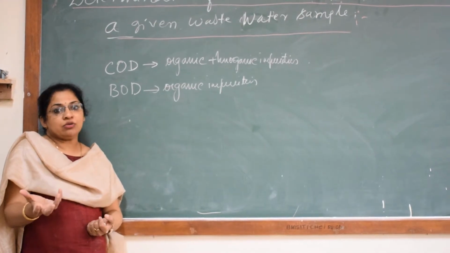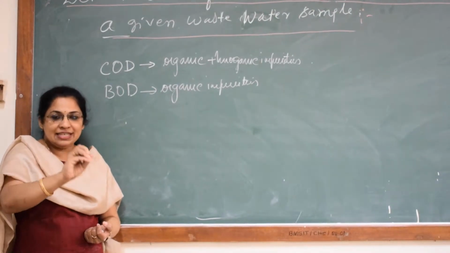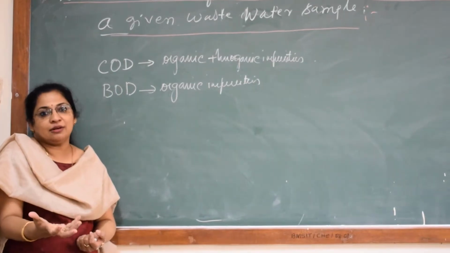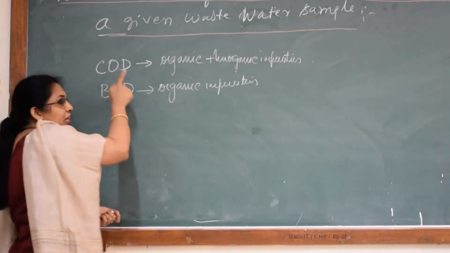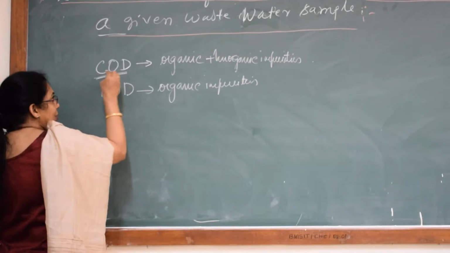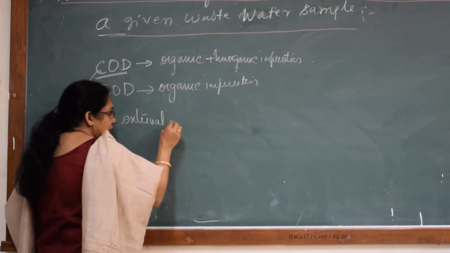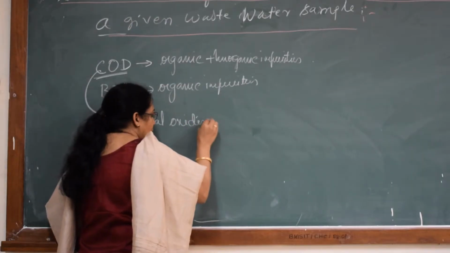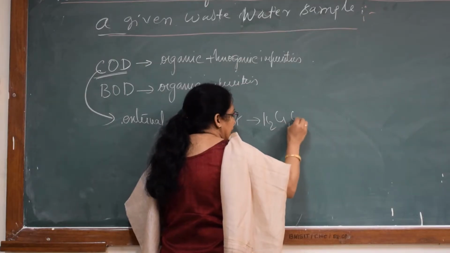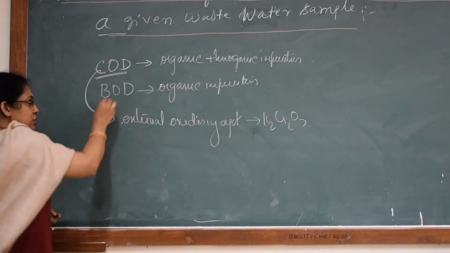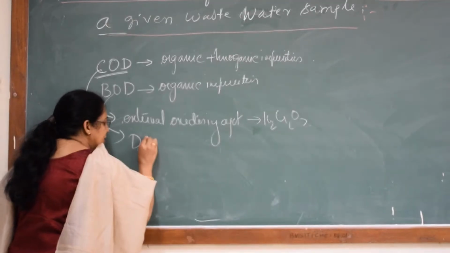Okay, during the chemical oxidation process, you need to provide a chemical. You need to put some oxidizing agent from where the oxygen will come out, and these impurities will absorb oxygen from that particular chemical. So we call it chemical oxygen demand. We are going to use an external chemical or external oxidizing agent. The most common oxidizing agent which I am going to use is K2Cr2O7, whereas in biological oxygen demand, these impurities will absorb the dissolved oxygen present in water bodies.